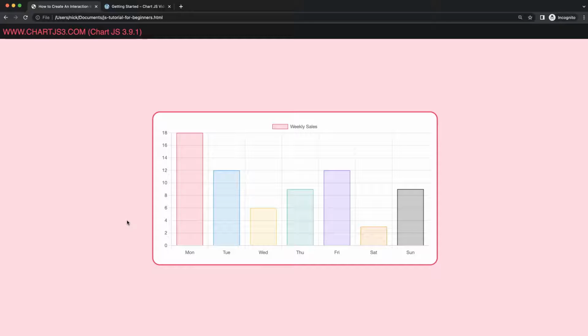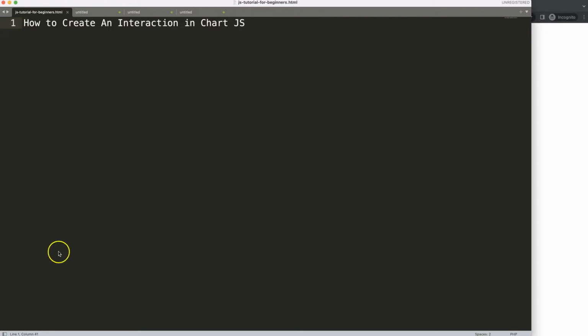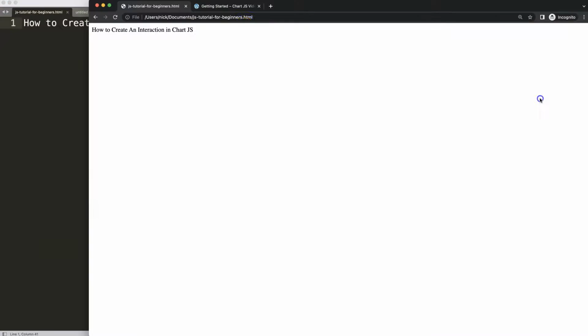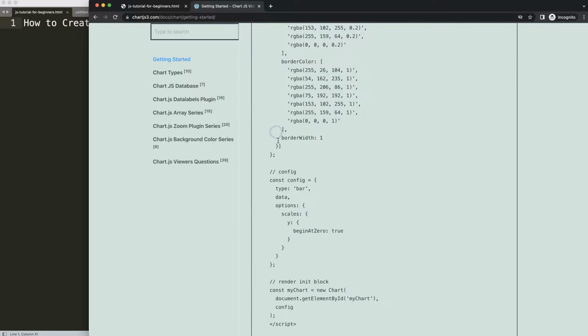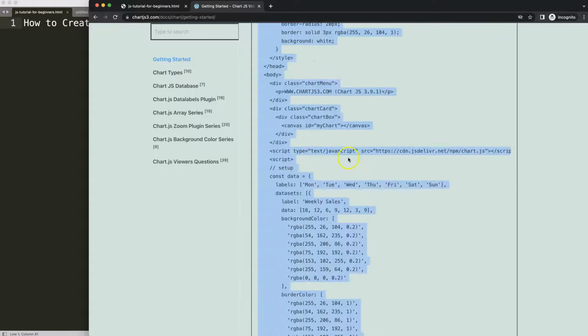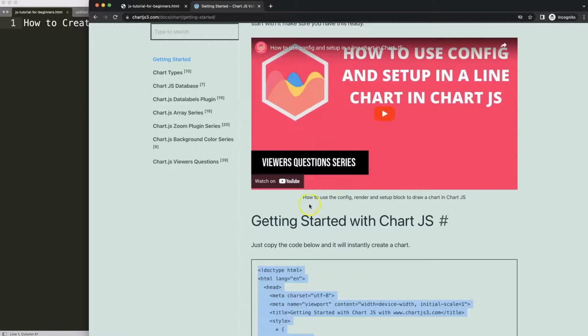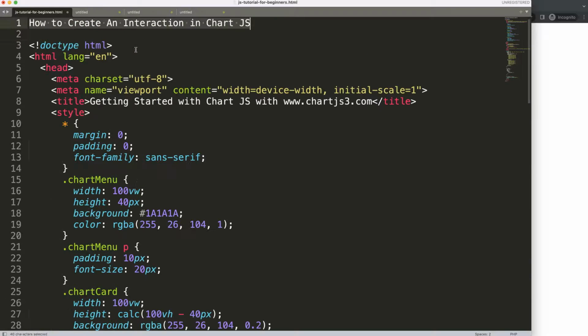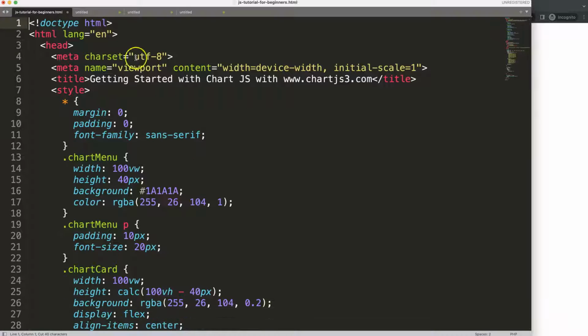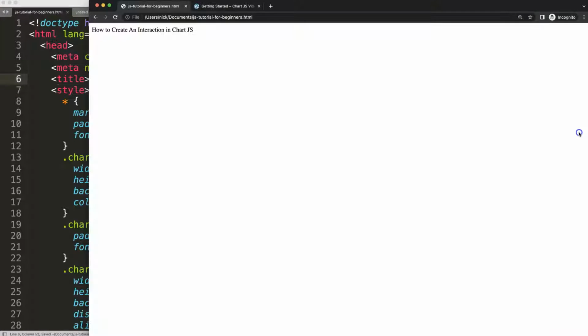So let's start to look at how we can create these interactions with Chart.js. First of all, I want to get my boilerplate template, which you can find on chartjs3.com, getting started, this specific link, which you can find as well in the description box. Once you're on here, just copy this chunk of code. If you want to understand what this boilerplate does or how it's being constructed, please watch this video here that explains it all. Then I'm going to cut out the title, put the title in here, save, refresh,